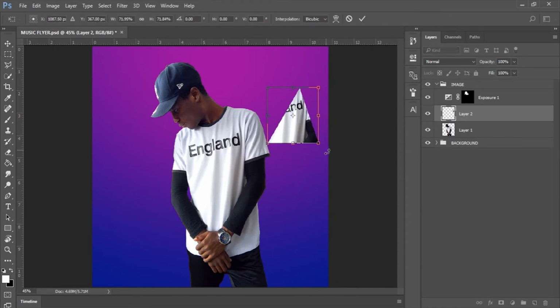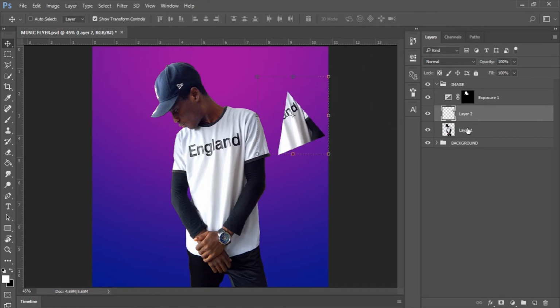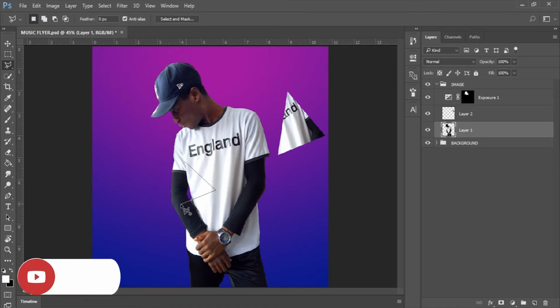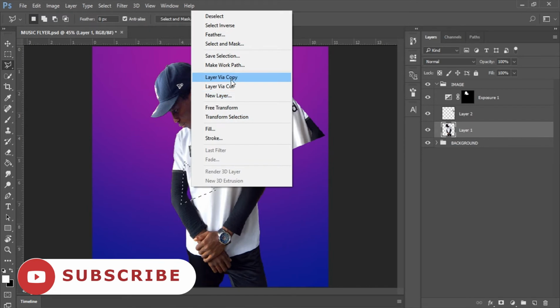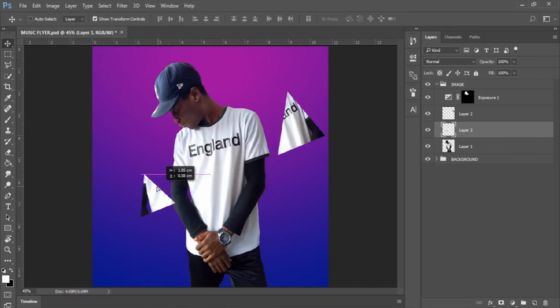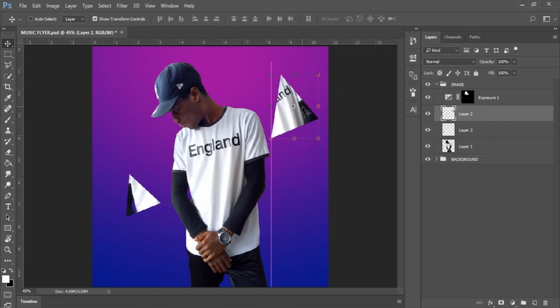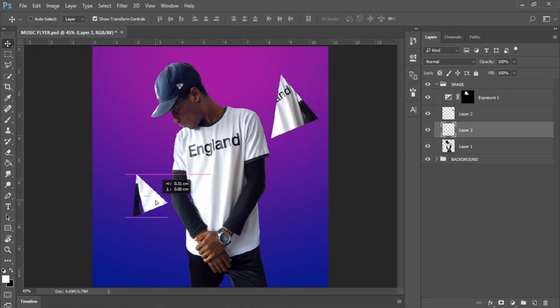Let's resize or rotate this slightly. Again, with this layer selected, we are going to do the same. So polygonal lasso, probably at this portion, layer via copy, grab our move tool, move this slightly here, so this could come up a bit and this could be here. One more time,